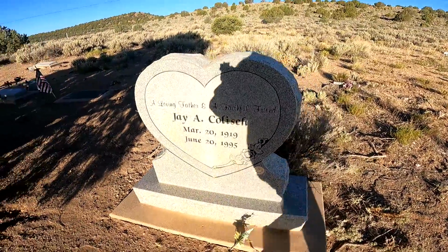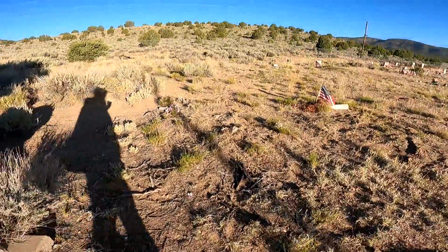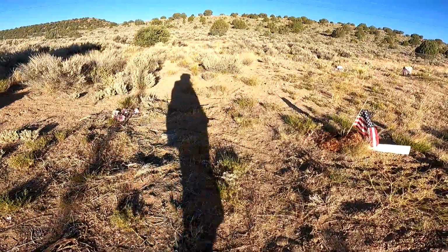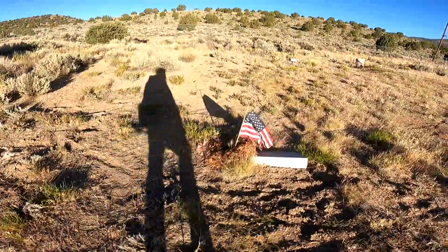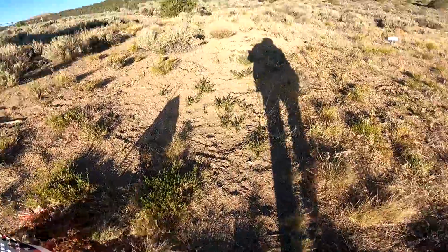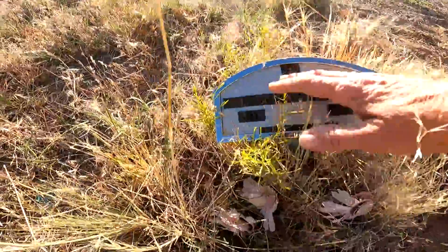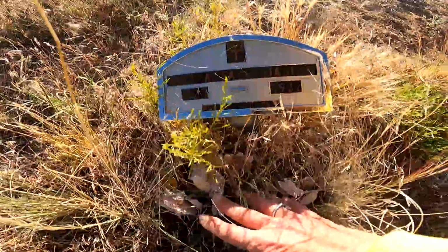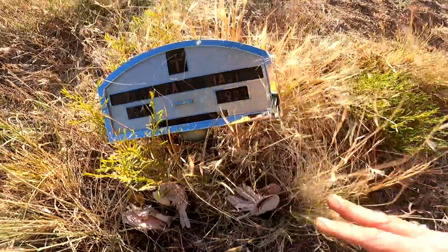Pretty cool. Try to stay out of the shot here with my shadow. It looks like there's a lot of... This lady's still alive, but her husband passed away in 94. Ah, okay. Look at how nice this is. Beautiful. There are a lot of graves here. This is a shame. Somebody is here, but that's the only thing left. There's markers, but